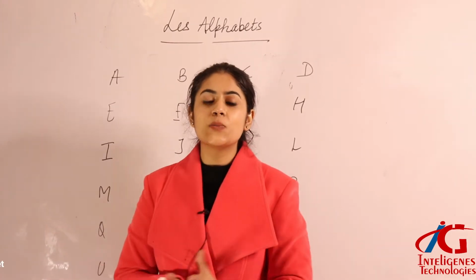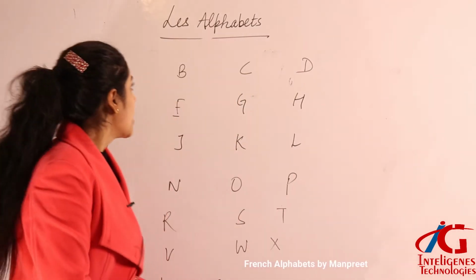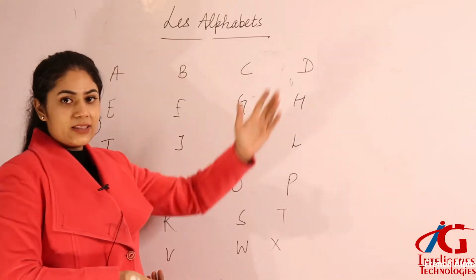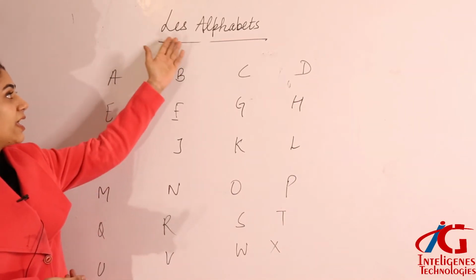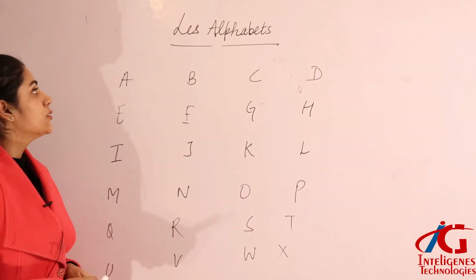In today's class, we are going to learn the French alphabets. Let's begin. Les alphabet. Yes, you have to say S over here. Why? Because A is a vowel, not a consonant. So it should be